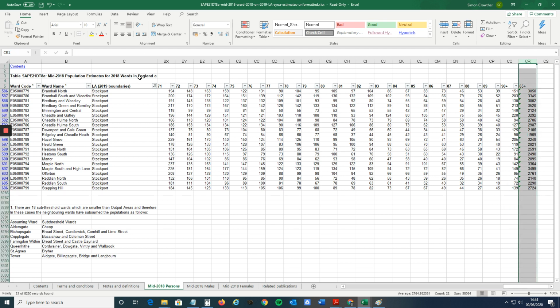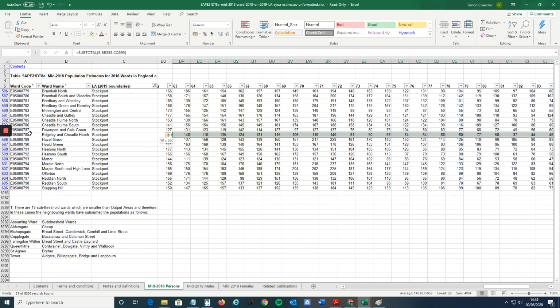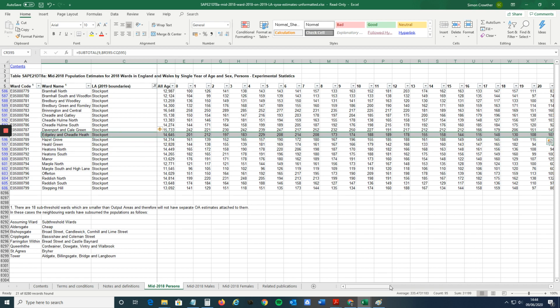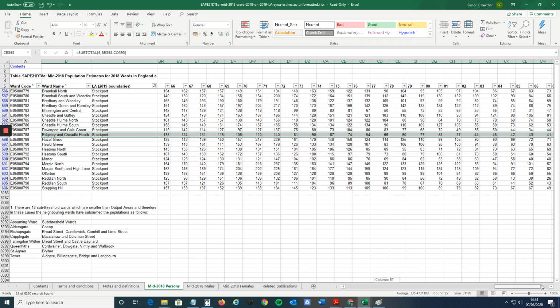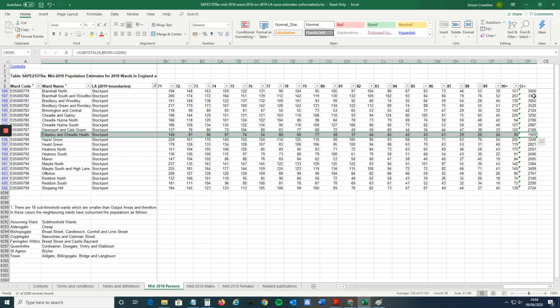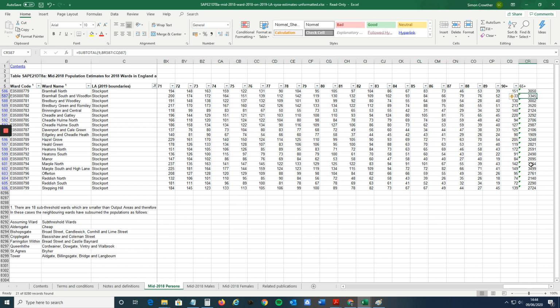So now if we rearrange those, I'm not going to rearrange that now because it'll mess up the rest of the spreadsheet. But you can see you could then allocate those. So for example, there's 1,000 people in Edgeley and Cheadle Heath, whereas in Bramhall South, there are 3,300. So you might want to be targeting Bramhall South, you might want to be targeting Offerton as your 2 main